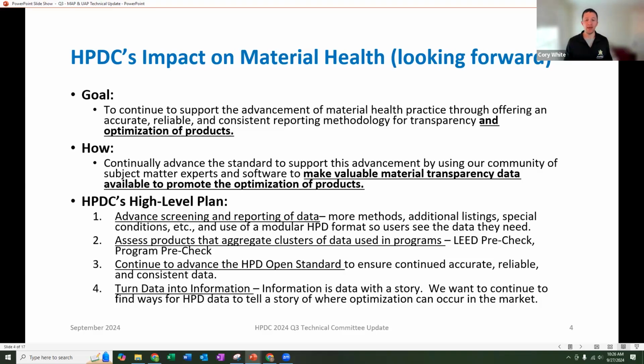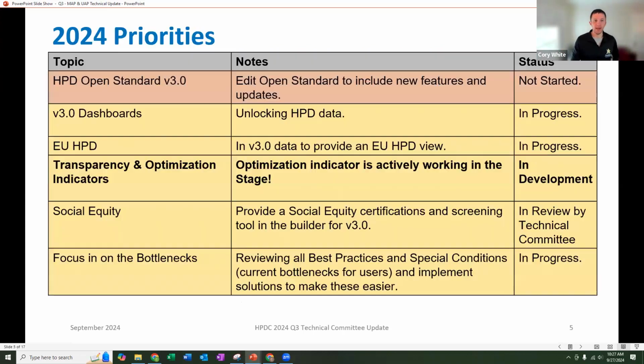We really need your feedback, because we've got the data. Like, what story do you want told? What information do you need in order to make your products better? So that's where I really want to encourage you all, start taking a look at the repository with the new dashboards there. Let us know what you want to see in those dashboards, so we can be telling the right story. We've already been doing this with our technical subgroups, technical committee, and it's been going really well. We already have a lot of feedback, but again, please check those things out because we need that feedback.